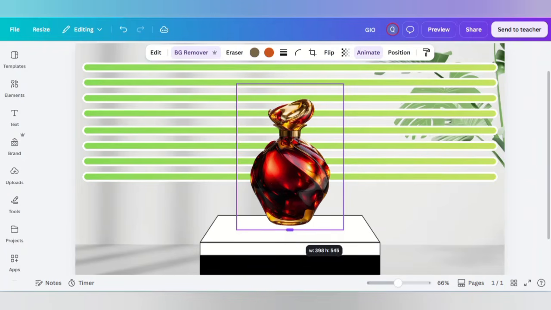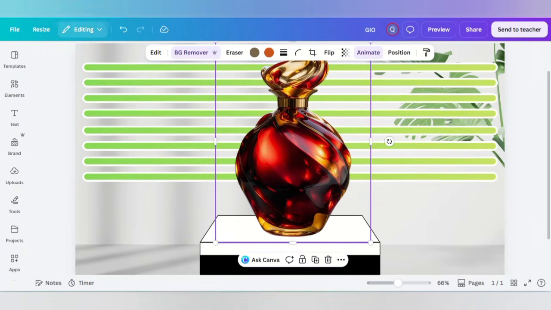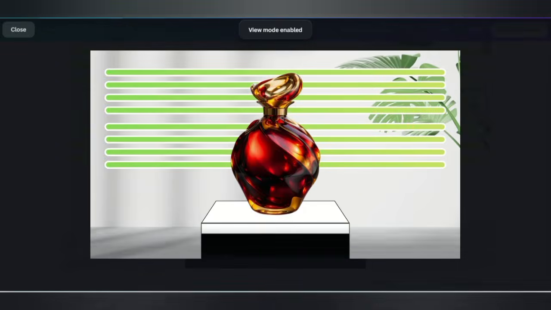Add a bold headline, concise product details, pricing, and a clear call to action using modern typography. Limit your color palette to 2 or 3 brand colors and